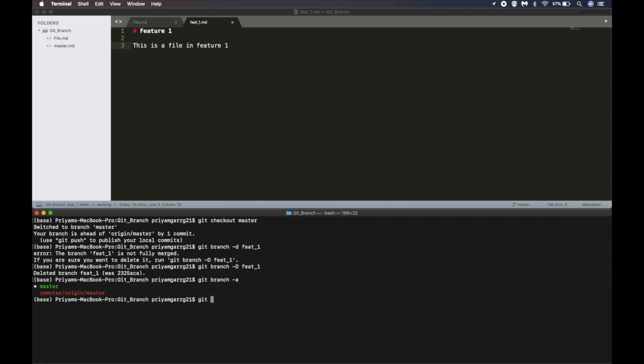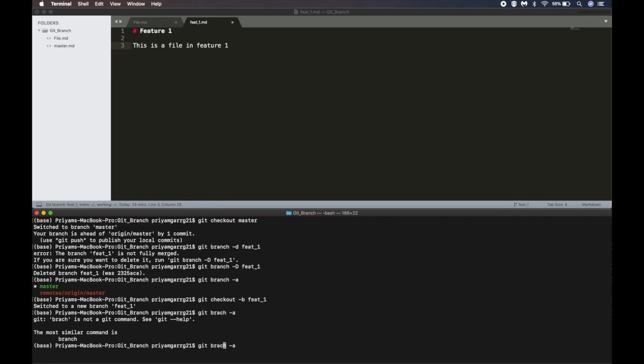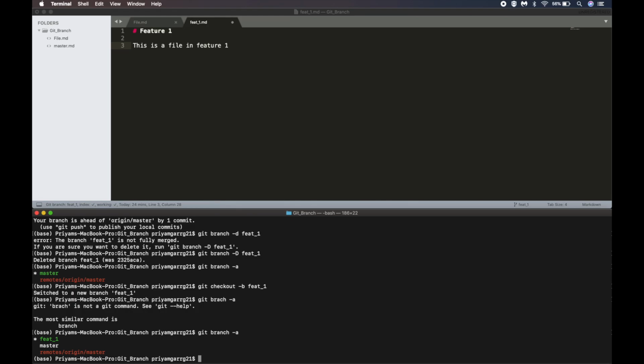You can use the simple command git checkout -b and then the name of the branch, that is feat_1. So at this stage you can see we switched to a new branch feat_1, and also a new branch has been created. We can check it simply by using this command. So you can see another branch feat_1 has been created.